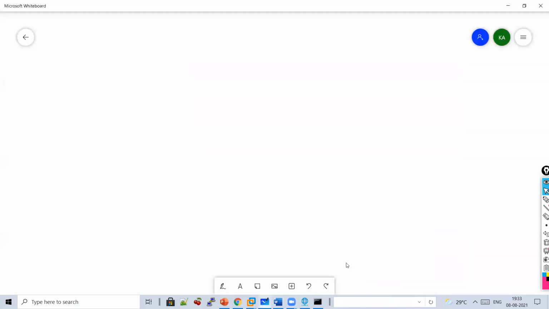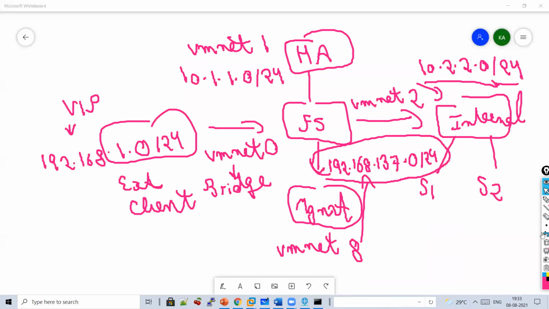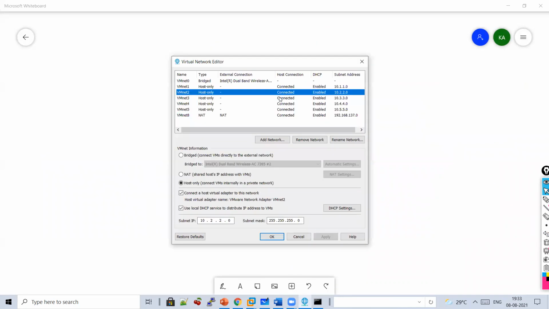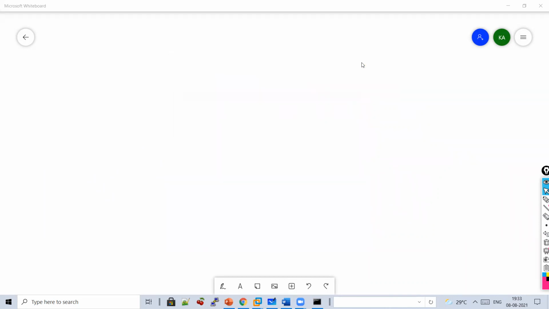Now let's go further again on the whiteboard. So this is how it looks like. IP address you can note down again. I will take a little bit more time on that so that you can get a good idea on that. Now let's move further into the next task. So I am just unmuting you all so that you can ask your questions related to this VMware lab setup, because this is important.